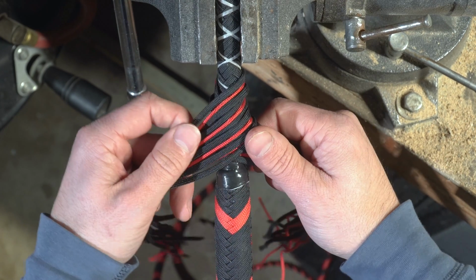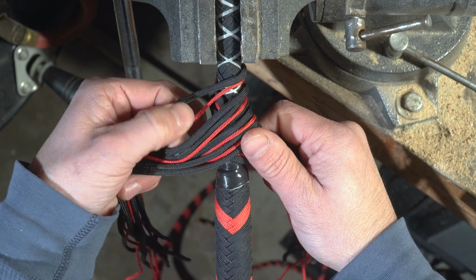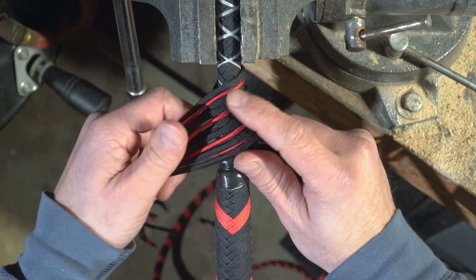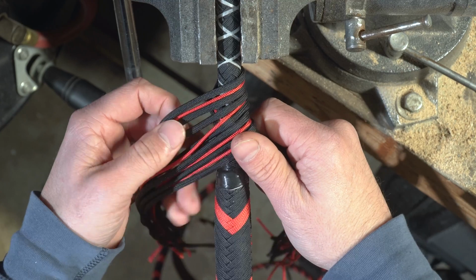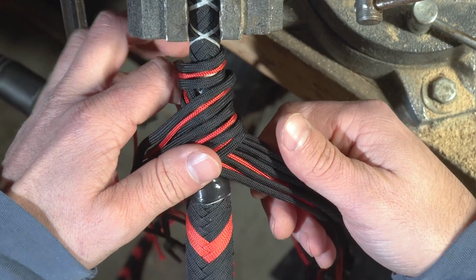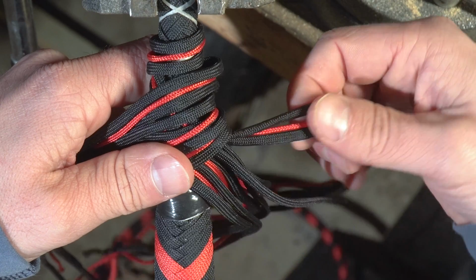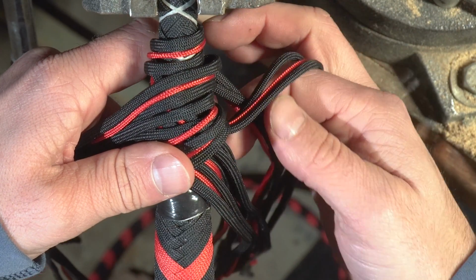So here we go, 24 plait handle, but using 3 strands plaited together at the same time. So let's do it. We're going to start from the upper left right here. I'm going to grab all 3 of these strands. We're going to go around the back, and we're going to go under these 3 right here, all 3 at the same time,